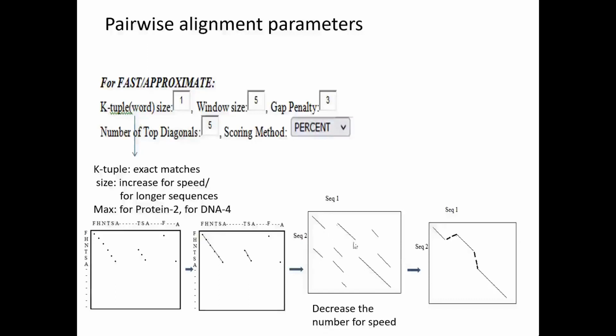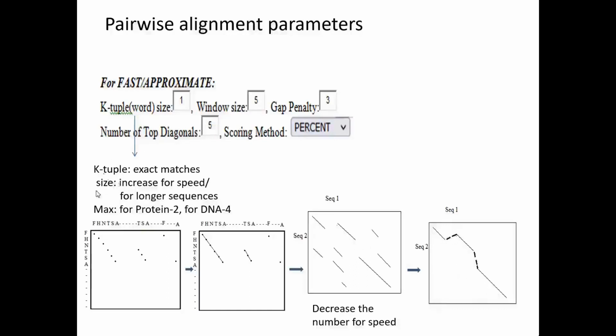Now these diagonals represent the exact matches between the two sequences. The neighbors of these diagonals will be analyzed, and based on size, score and so on, they will be joined together as a full line. Now the two sequences on the two sides of the matrix will be aligned based on the diagonal line shown here. The space between the diagonals will be aligned as mismatches, or gaps will be introduced between the two sequences, and the sequences will be aligned. Now let's see over here.